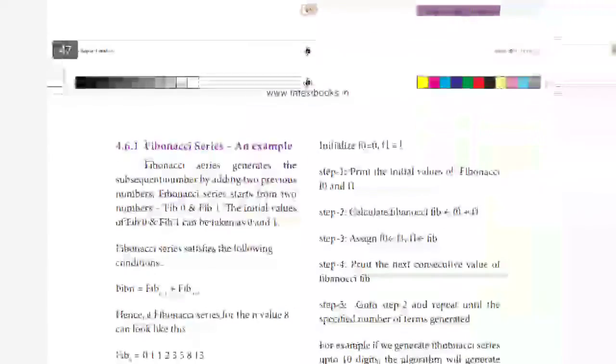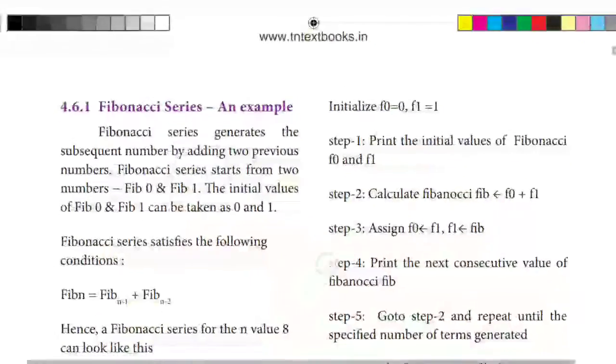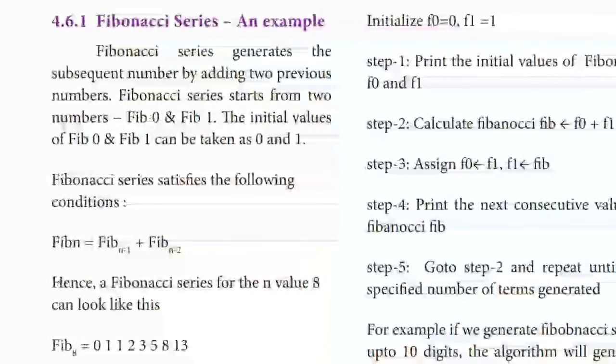Here you can see they have given some examples. Fibonacci series is a series which generates each subsequent number by adding the two previous numbers.